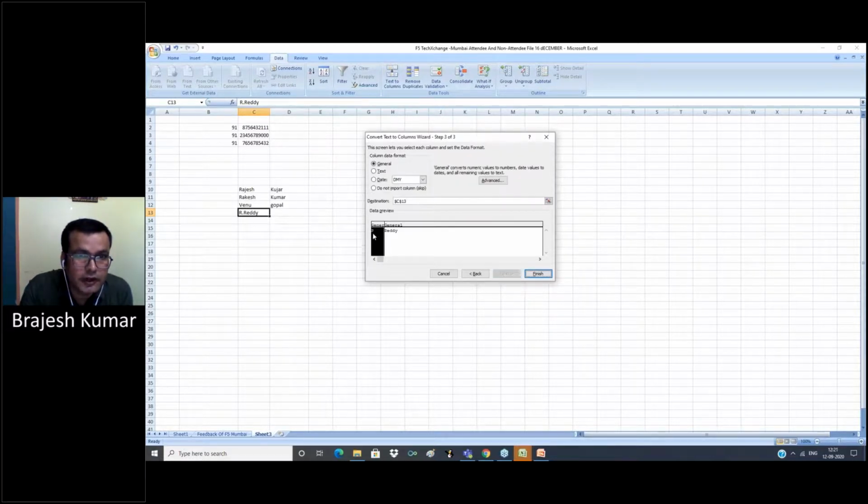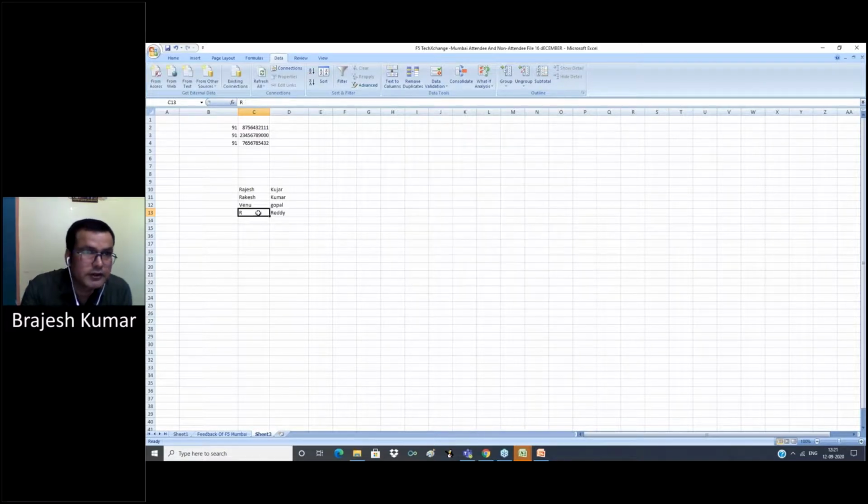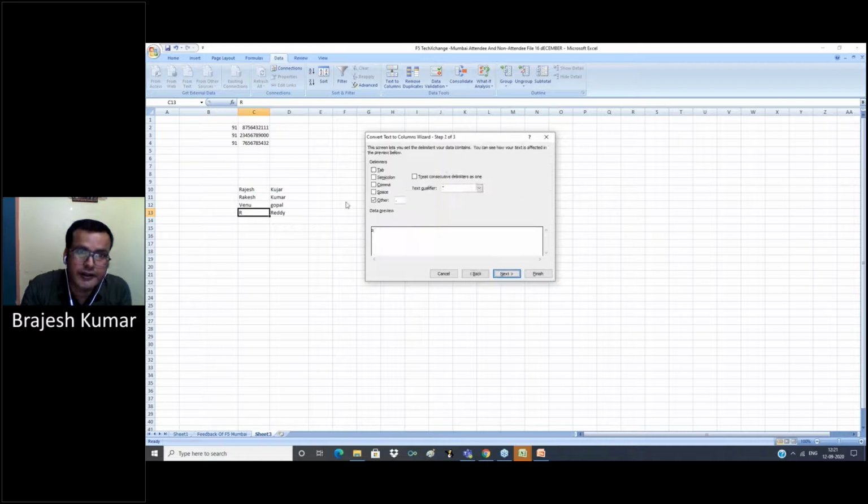Next, now you see r and ready are both separated. Finish. Now ready is separated from r into the next column. So we can use any option, tab, semicolon, comma, space, to separate our text into 2 or 3 or 4 columns, and also Other for a user-defined option.